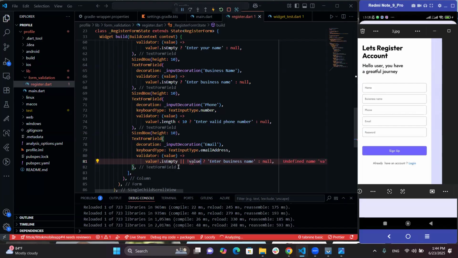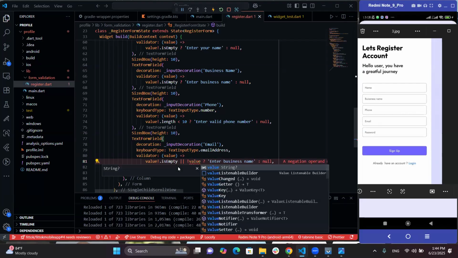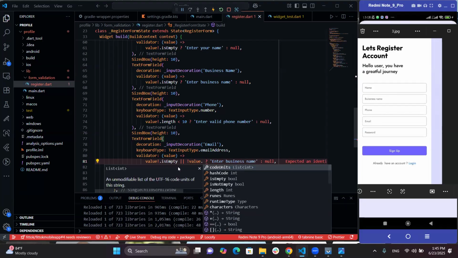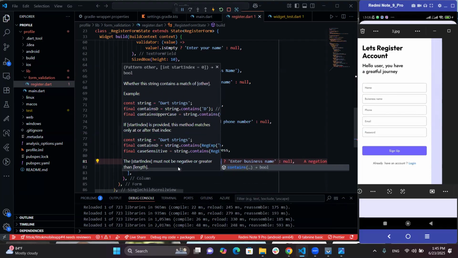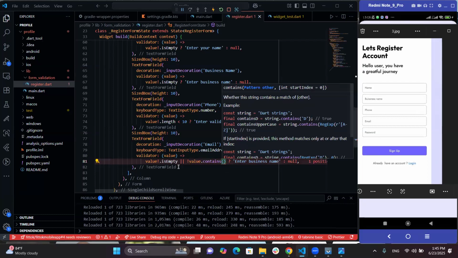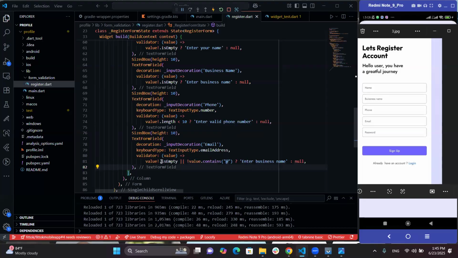Value dot contains. What makes an email valid? The @ symbol. So if the field is empty or does not contain an @ symbol,